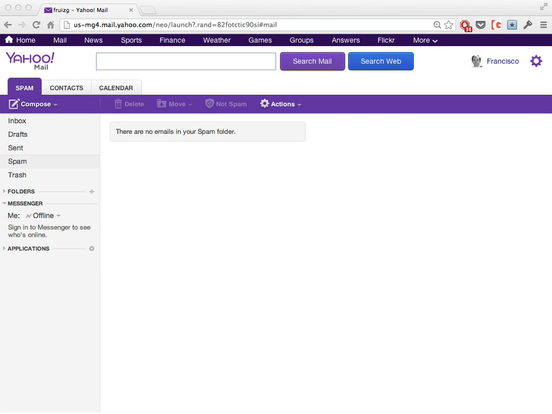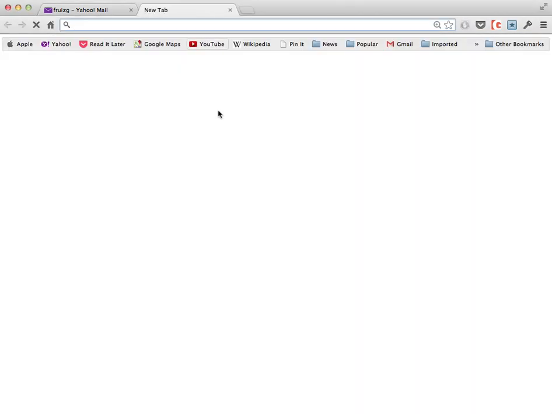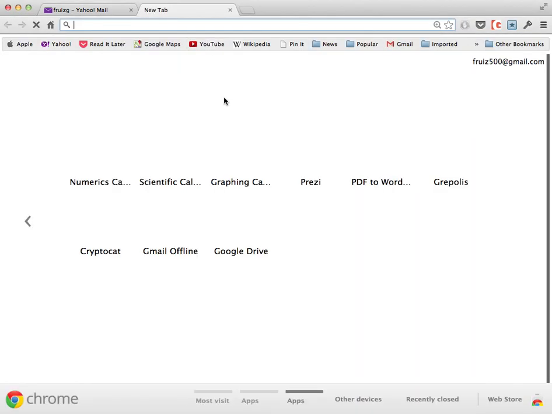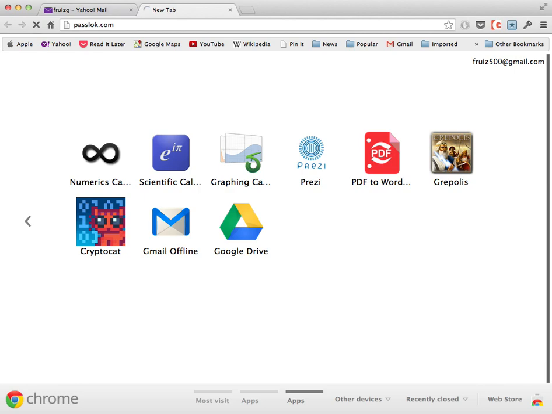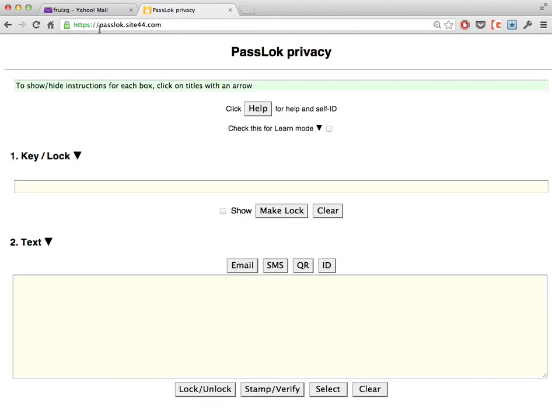Joe Blow wants to get encrypted messages from other people, but does not want to necessarily exchange a key with them. He's already under surveillance, like we all are at this point, really. So the first thing he needs to do is to open another window and download PassLok. PassLok without a C.com will bring the PassLok page from secure storage